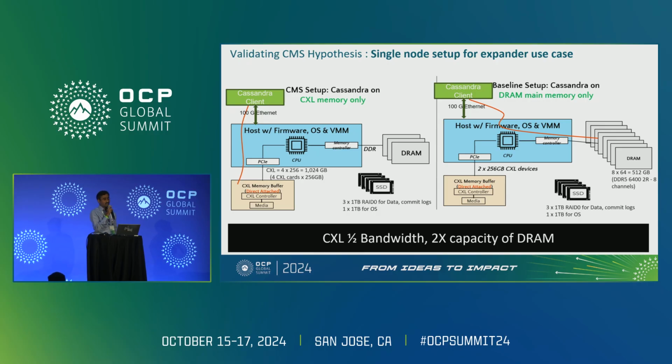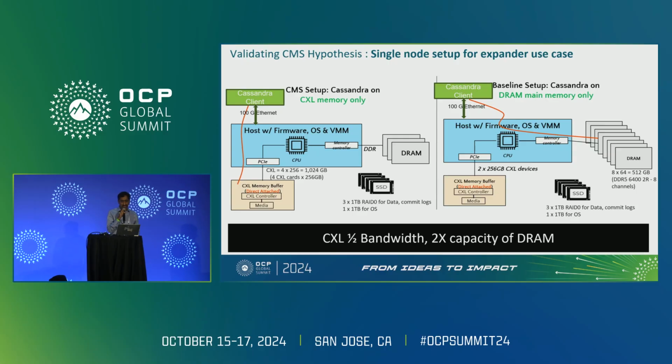Some of the analysis that we did with CXL versus local DRAM: the basic setup we are trying to demonstrate here, on the right-hand side, is the basic DRAM. We used a tool called Cassandra Stress Test, which is the Cassandra client, sitting in a client's environment. The client and server are connected with 100 gig Ethernet. We have local DRAM here with 8 channels with 64 GB RDIMMs connected to it, which is around 512 GB of capacity. And we have 3 1 TB SSDs, where the data set sits for the commit logs and the data SSTables.